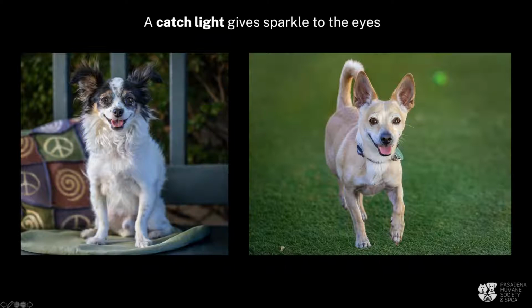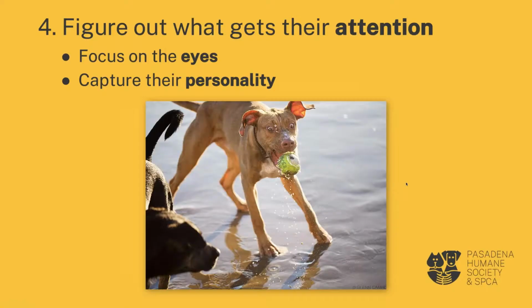It also gives you that nice sparkle in the eye, and on the right, it's even more dramatic. It was quite dark there with one little shaft of sunlight going the wrong way. So we were just shining it on him, and we got that beautiful photo that I wouldn't have gotten otherwise. Okay,